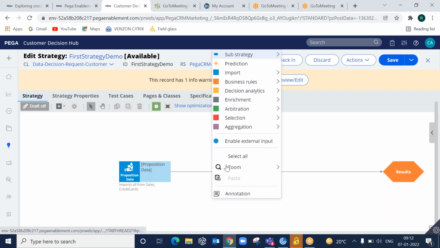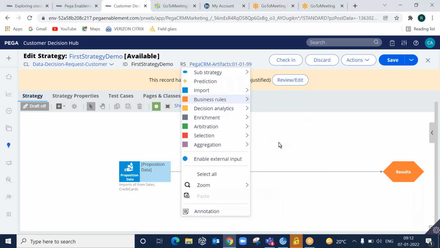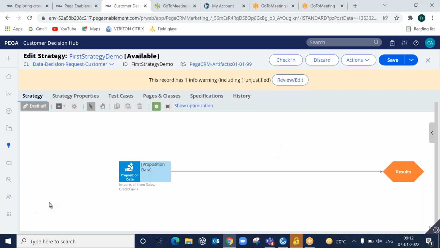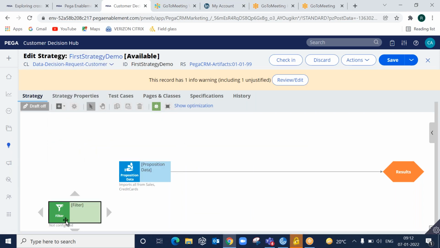You can just right click here, select the category and select the component. Then I just click on the canvas, and that's how I add it. So these are the two ways to add components to the strategy.